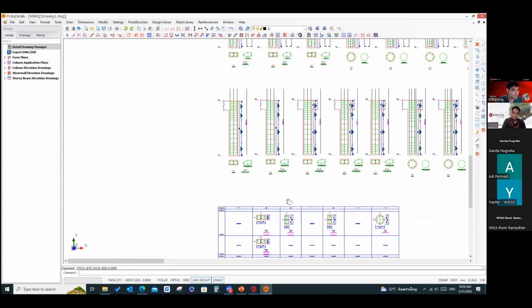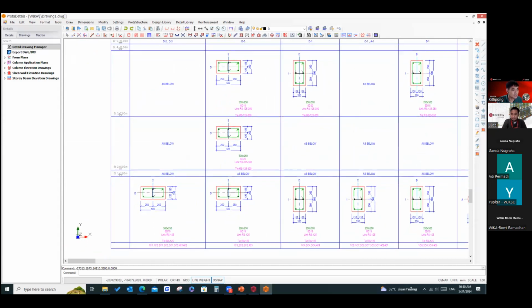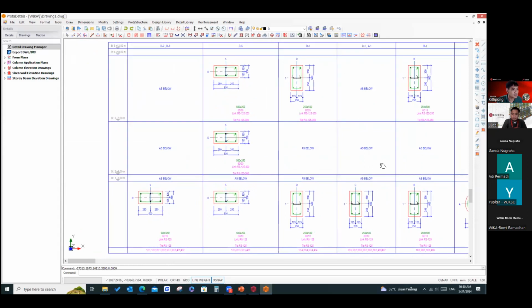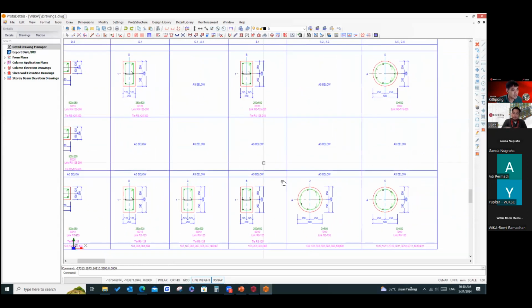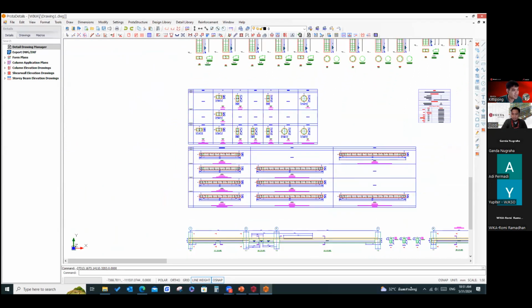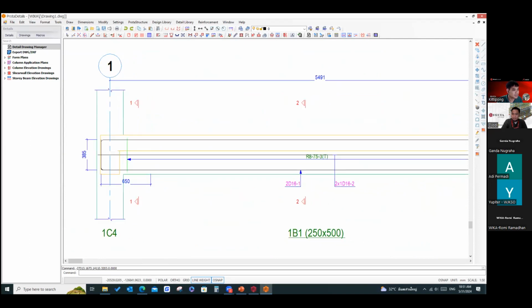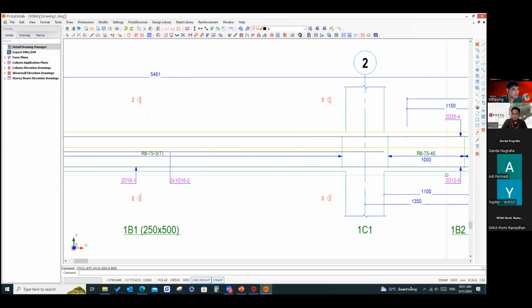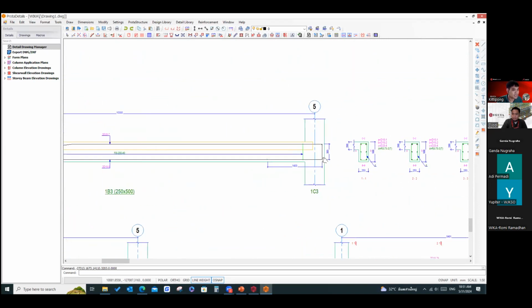You have the column schedule like this. And you will have the beam detail like this. See, it will cut the section for you.